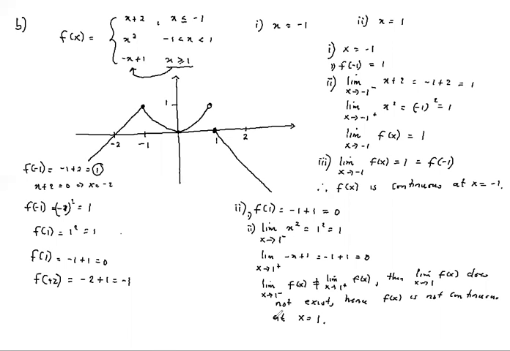Then differentiate the function f of x using first principle. C, f of x is equal to the square root of x plus 1 from first principle. To get the derivative from first principle, you say the limit as h goes to 0 of f of x plus h minus f of x over h,